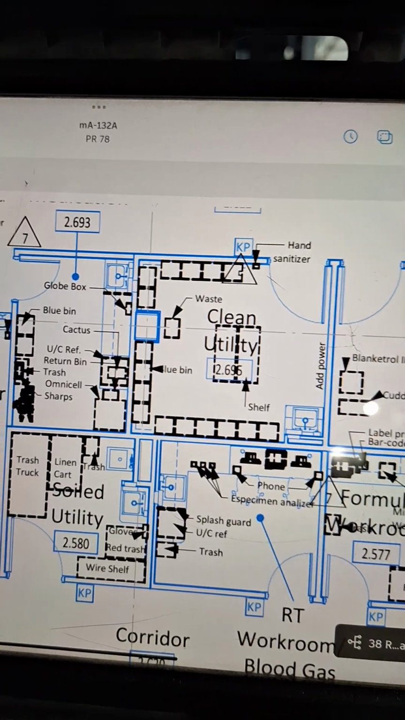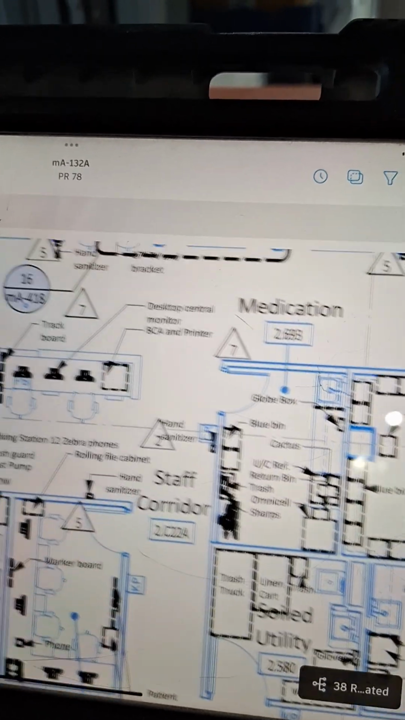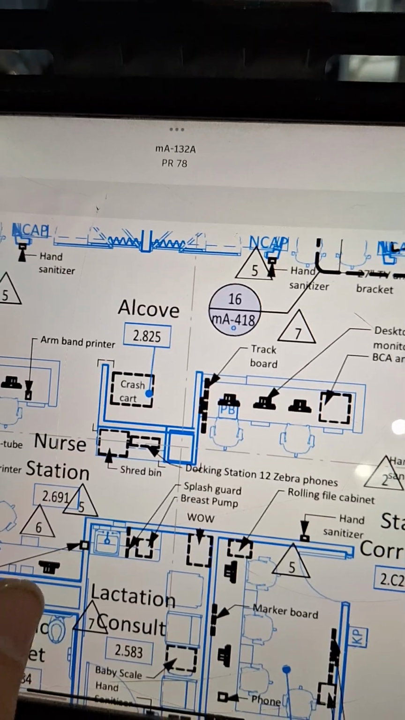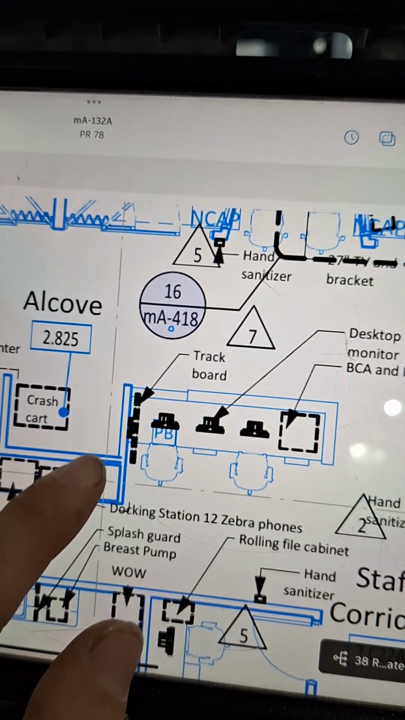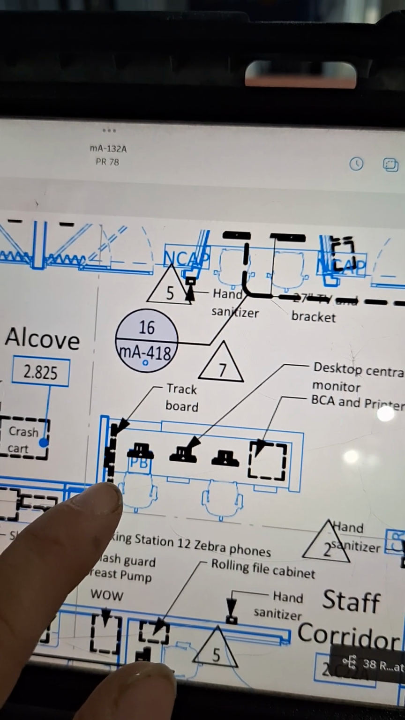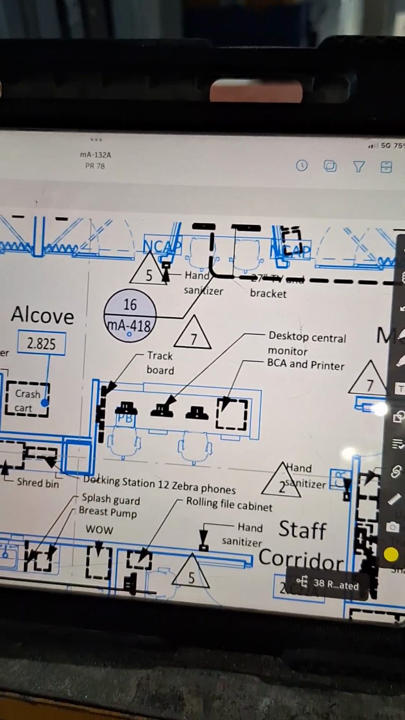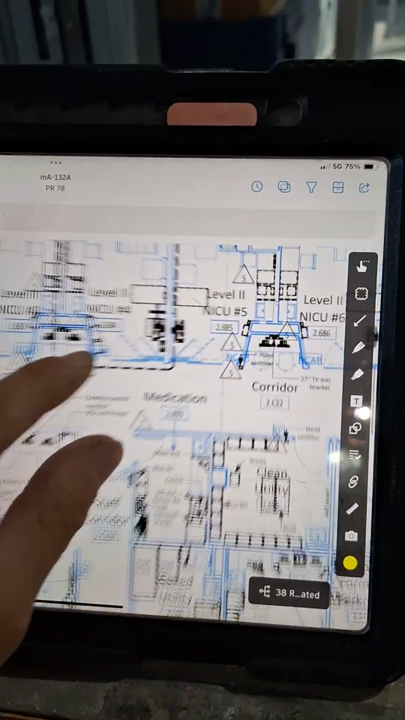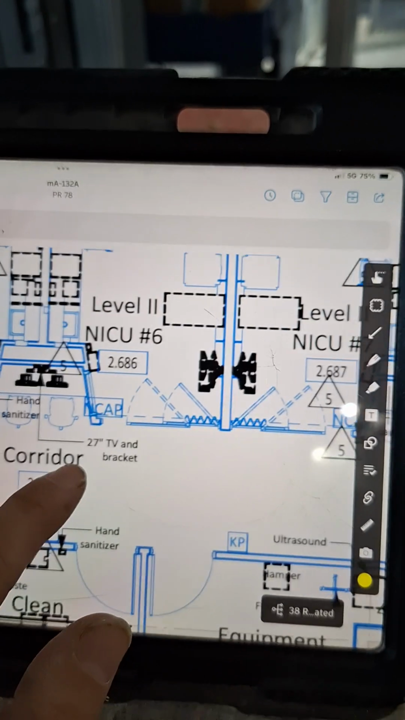Certain marker boards and tack boards they want blocking for. Here they don't. They can do it with just wall dog screws or whatever. But you can see crash carts going there, shred bin, docking station, tack board. That probably is a monitor, so I probably need to get blocking in over there. Make note of that. But see, there's several pages you have to look at to see